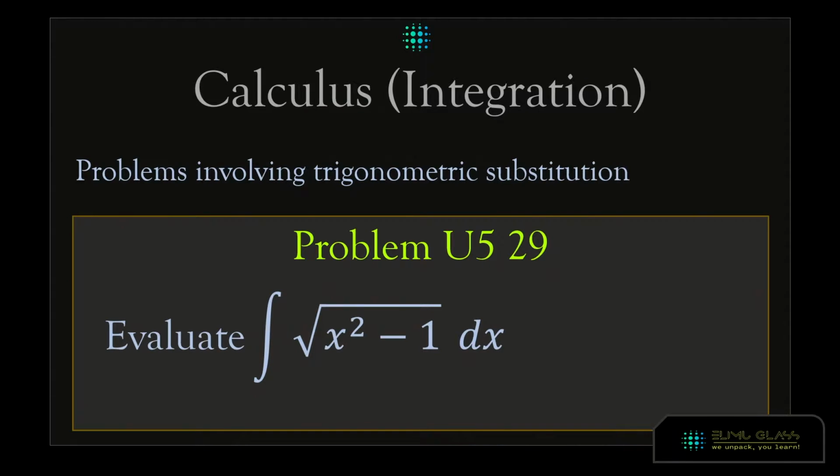So here is problem number 29 in this series on problem solving in integration calculus. Evaluate the integral of the square root of x squared minus 1. This is a very sneaky integral that appears easy but can actually take a while if we don't use the